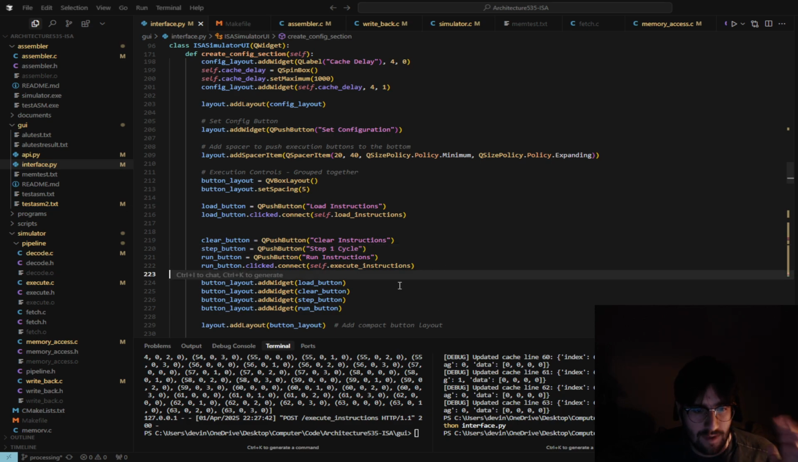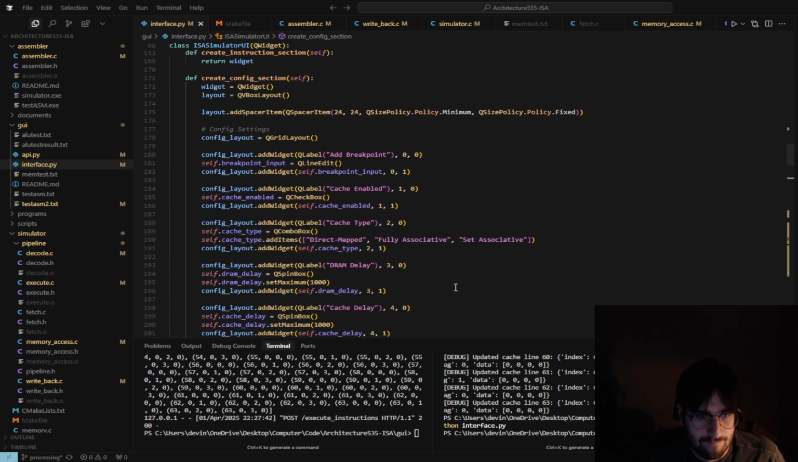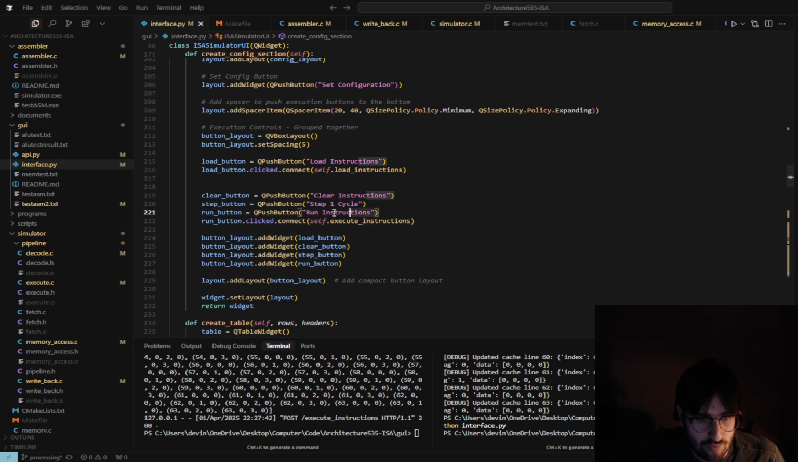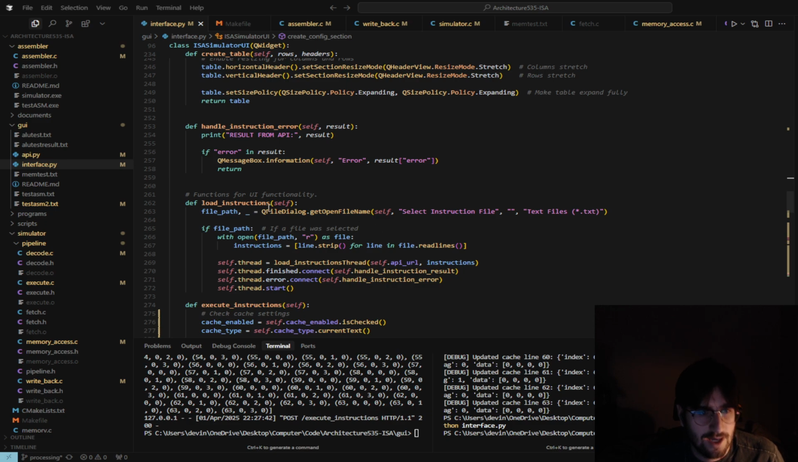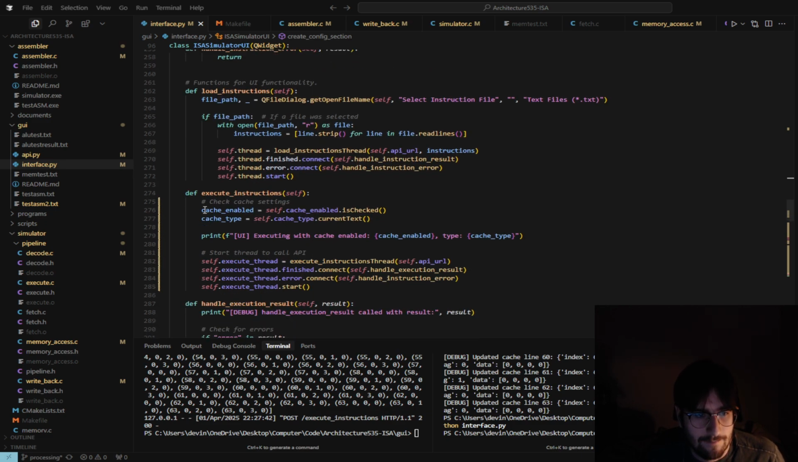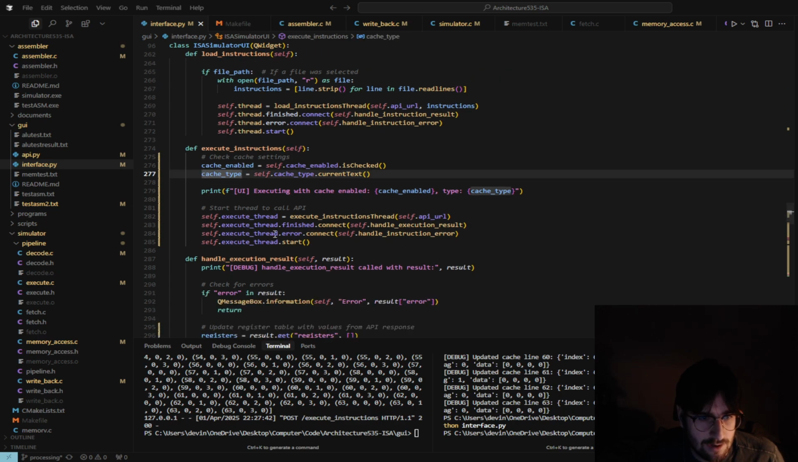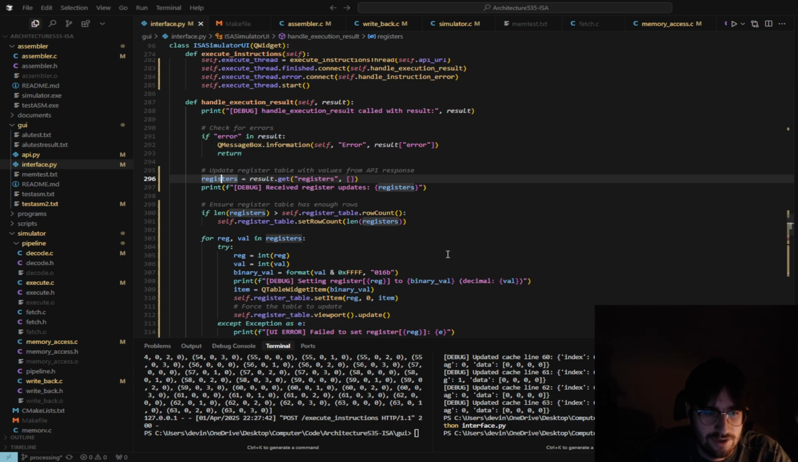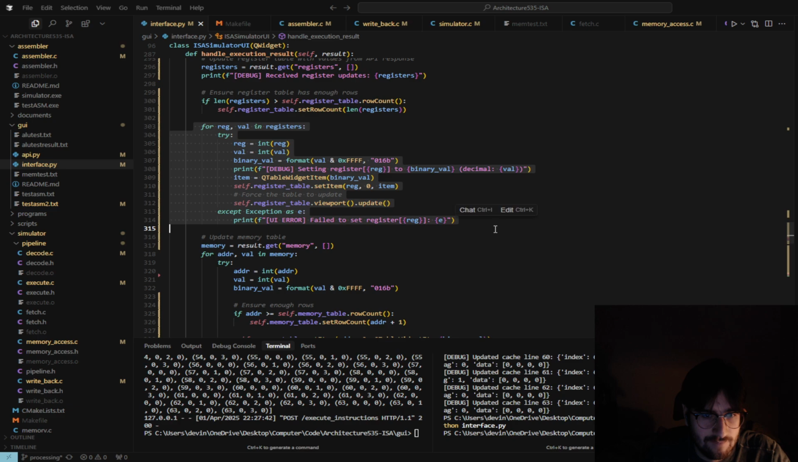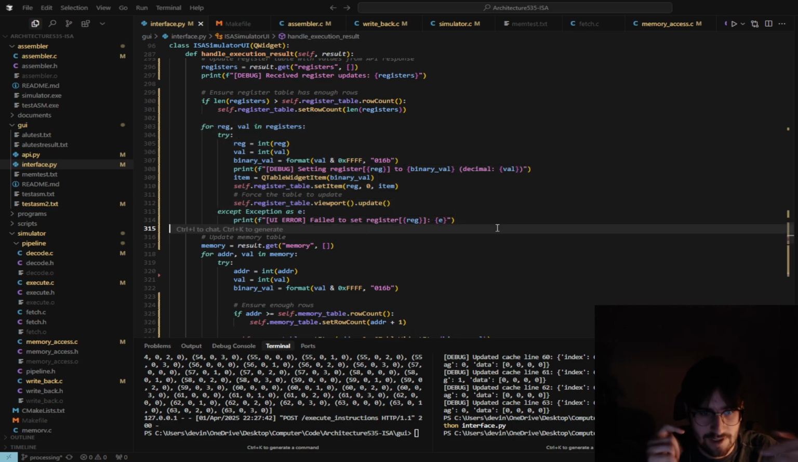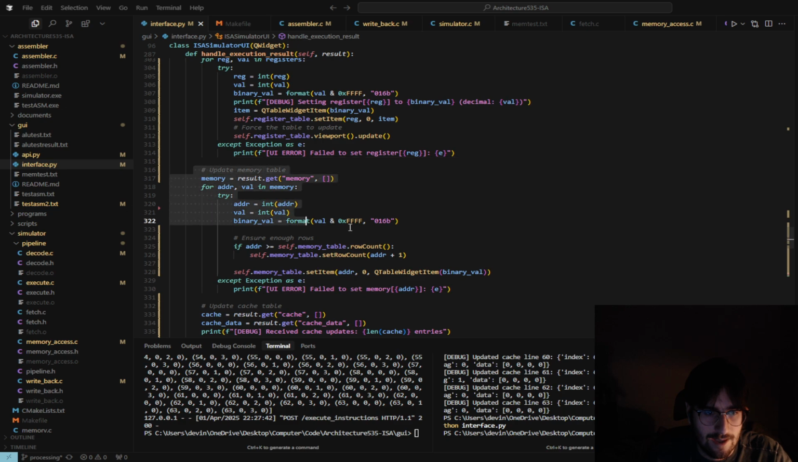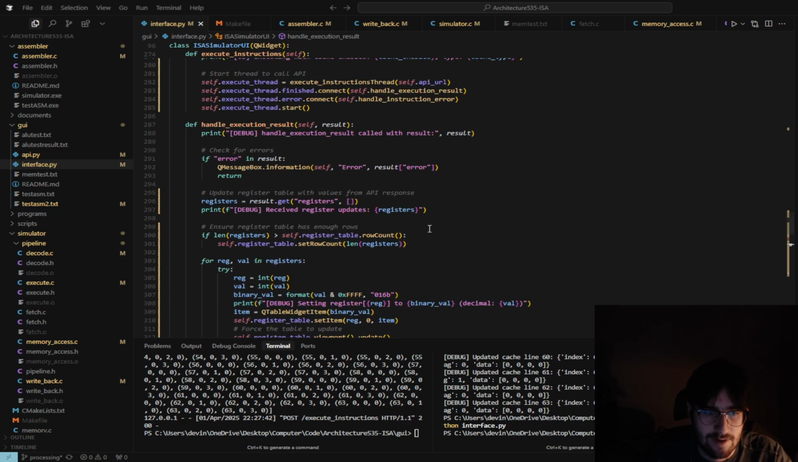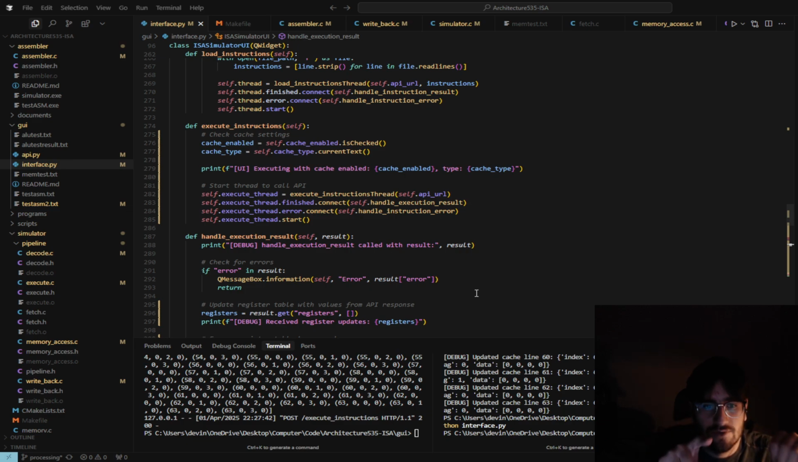Anyways, up here run instructions goes to execute instructions. Cache is enabled, and it checks the current type of cache. It starts another thread again, then we go to handle execution. Handle execution then updates the registers and the memory, so this is updating all the registers and initializing them, and we're updating the memory. Well, actually, what's happening is, sorry, execute instructions